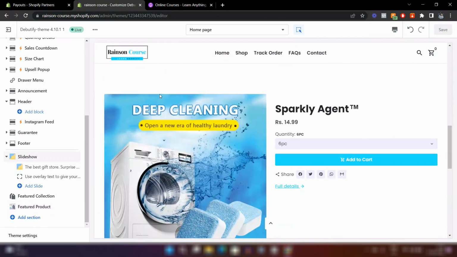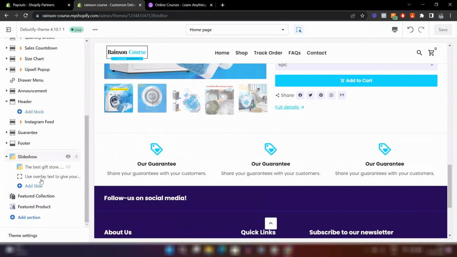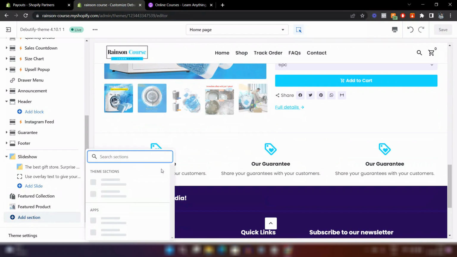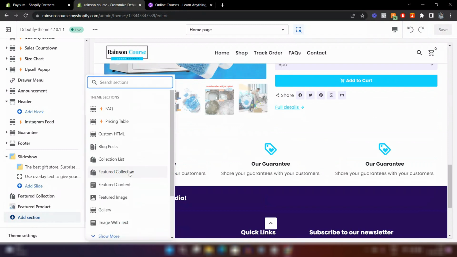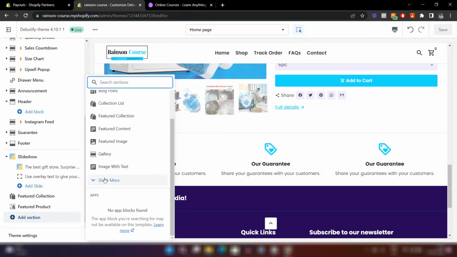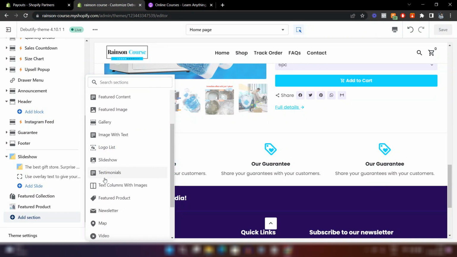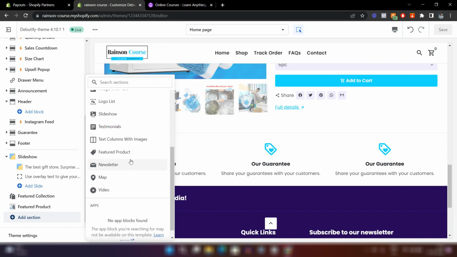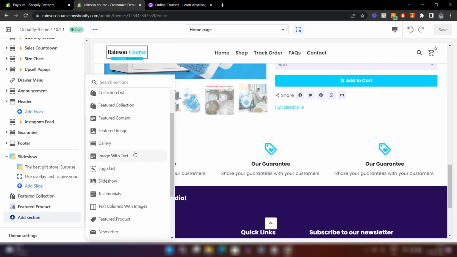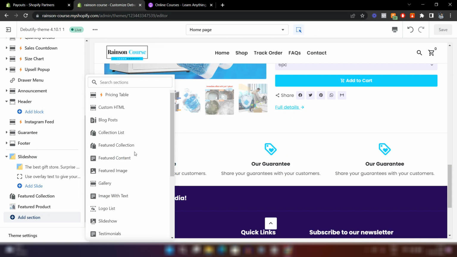So my friends, one thing which I want to tell you is that there are a lot of sections, a lot of different things which you can add. Make sure you play around with all these to find the best look for the niche, for the business industry you are in. So for clothing, it can be something different. If you sell pet products, it can be something different. So make sure you try all this and see which one looks good, and make sure you copy the style